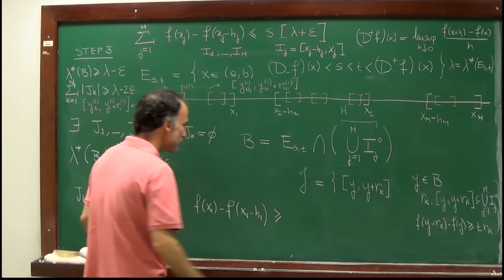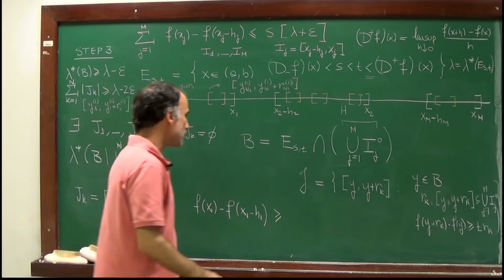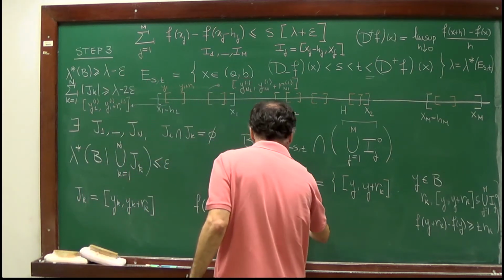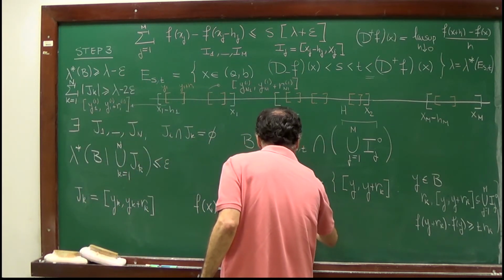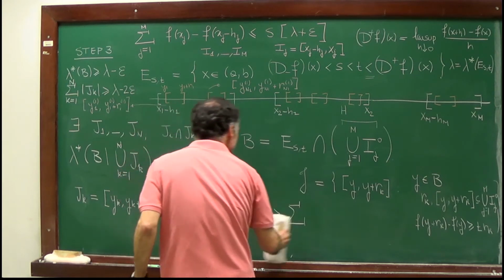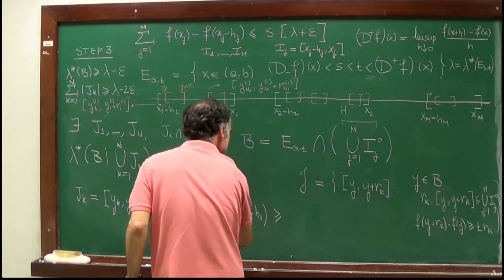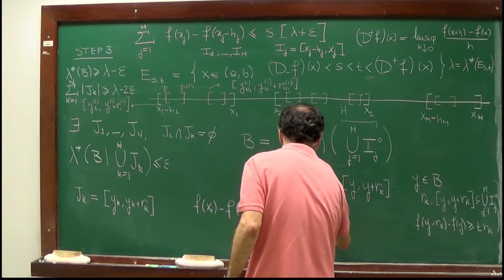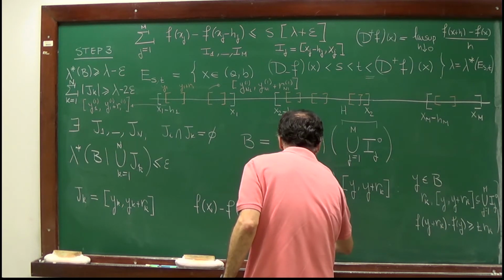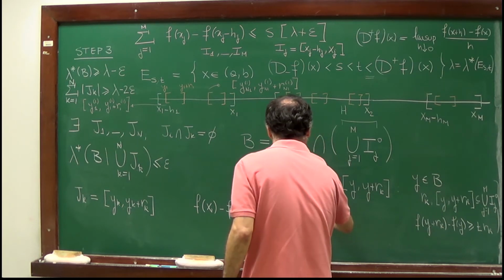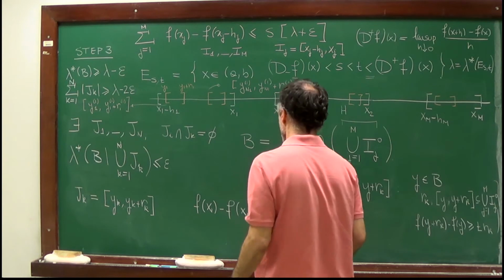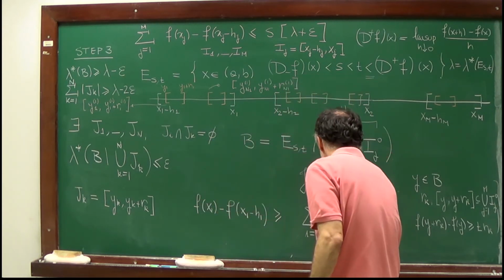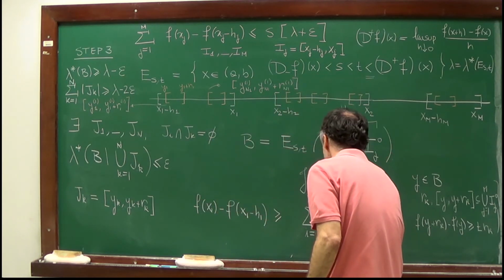But because f is monotone, this increment has to be larger than the sum, from i going from 1 up to n1, of the smaller increments, which is f